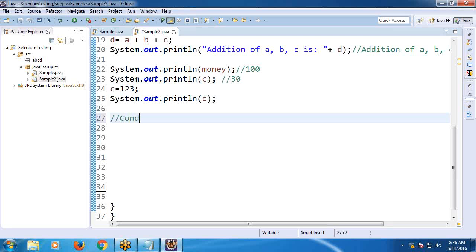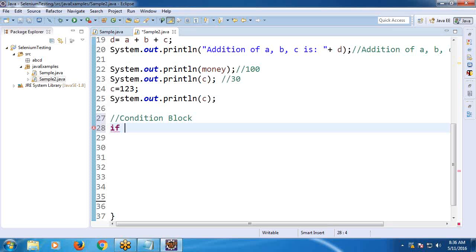Condition block. You don't concentrate on the purpose. Just try to understand this syntax. Anyhow, I will explain that in the conditional statements chapter, loop statements chapter, and methods chapter. The methods chapter takes nearly 3 hours: built-in methods, user-defined methods. If condition: if A greater than B,